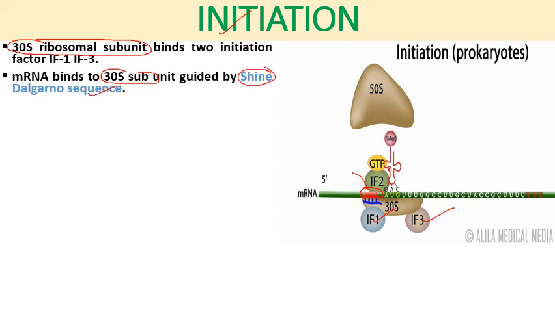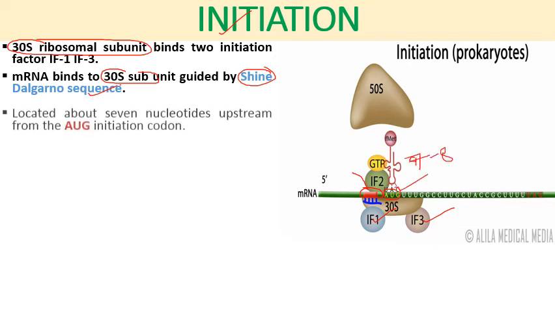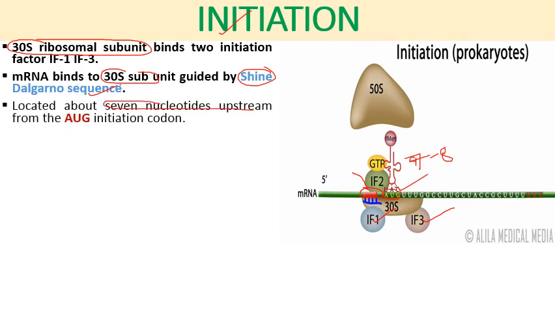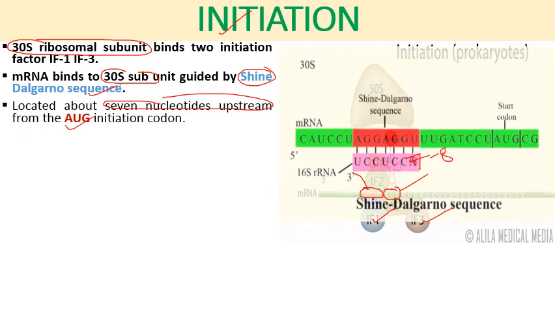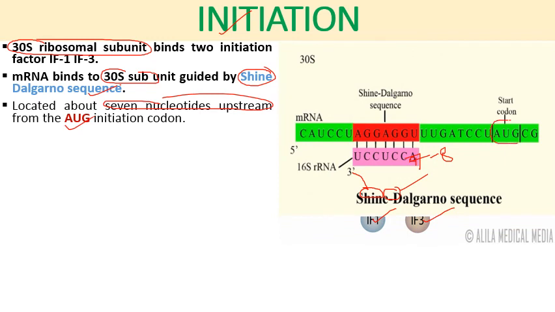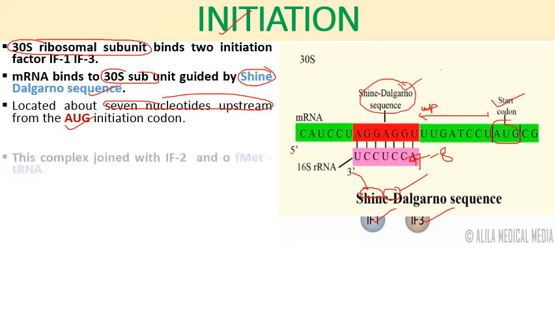और ये जो sequences होते हैं ये present होते हैं लगभग 7 to 8 nucleotide upstream from the initiation codon. So located about 7 nucleotides upstream from the initiation codon. जो initiation codon है उससे लगभग 7 और 8 nucleotide base sequences ऊपर present होते हैं ये toward upstream direction, and these special sequences are known as Shine-Dalgarno sequences.